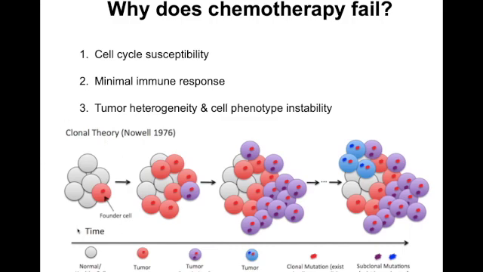So in this example, what we're showing is the original founder cell, or the original cancerous cell, that started to divide to form a small tumor. Now, the more those cells divide, the more mutations they're going to accumulate. So suddenly you're going to have this mixed population within the organ of things that look clonally. They're basically clones of the first founder cell. And then you also have the acquisition of new mutations that create almost a different phenotype, right? Because you're getting different proteins expressed in this cell, and over time you get a more and more mixed population of